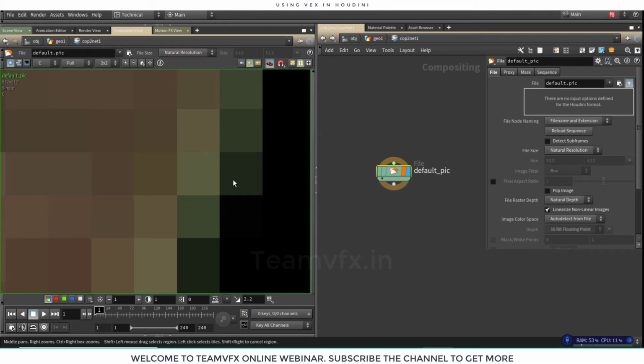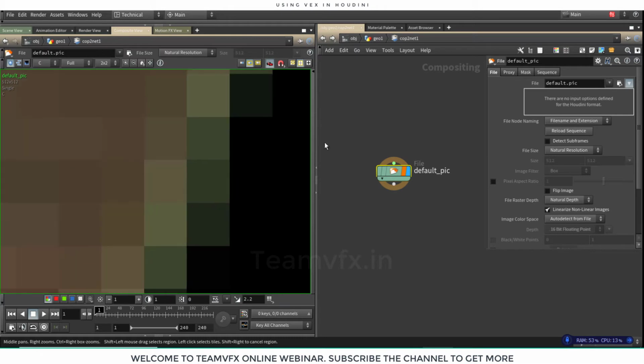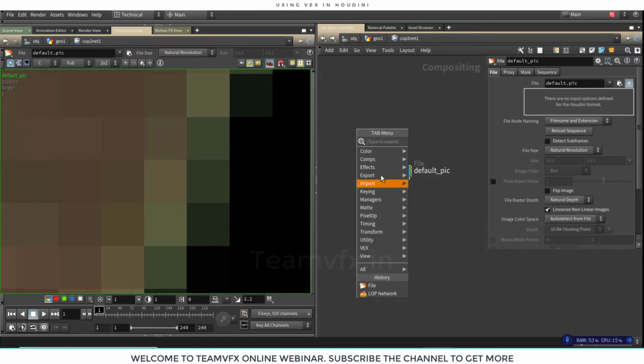Now, as we know, Houdini and Nuke are both node-based software, so the options and a lot of the node names are also the same. But the most important and different thing about Houdini is that it has VEX and VOP capabilities, and it is the most impressive part of Houdini. VEX is vector expression and VOP is vector operator. So both things are kind of the same. The difference is that in VEX you have to write the script, and in VOP you have to connect the nodes.